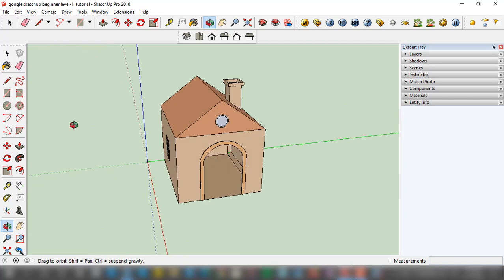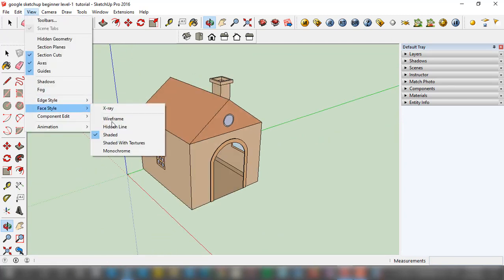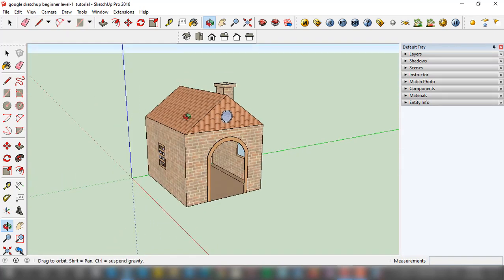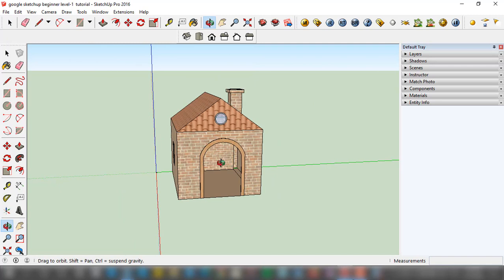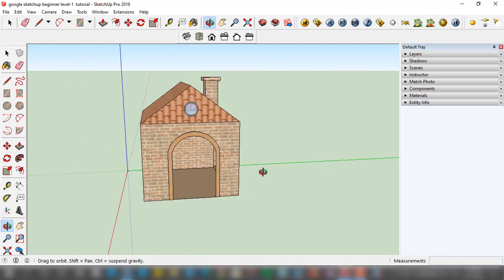If I turn on Shaded with Textures, you can see colors as well as textures are visible. The Shaded with Textures option is on.